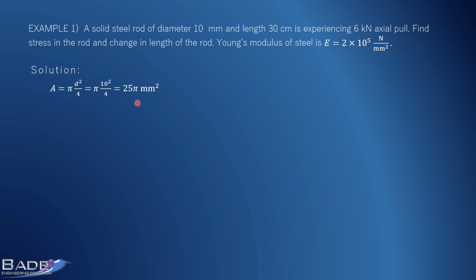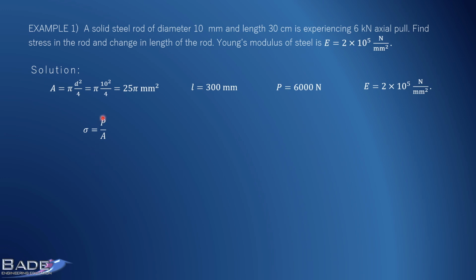Okay, so we have found out area. Now this is length in millimeter. Length is given 30 centimeters and here length is 300 millimeters. Applied load is 6 kilonewton, that is 6000 Newton. And information is Young's modulus 2 into 10 raised to 5 Newton per millimeter square. Remember, even if the problem is simple, while solving problem, the instructions I gave you are very important. So that while solving problems of complex nature, you will not face difficulties at all. Watch the video up to the end.